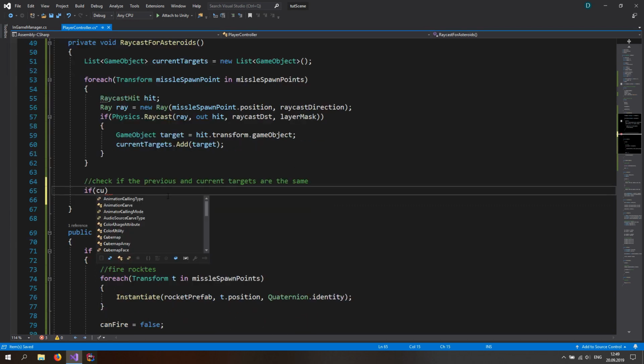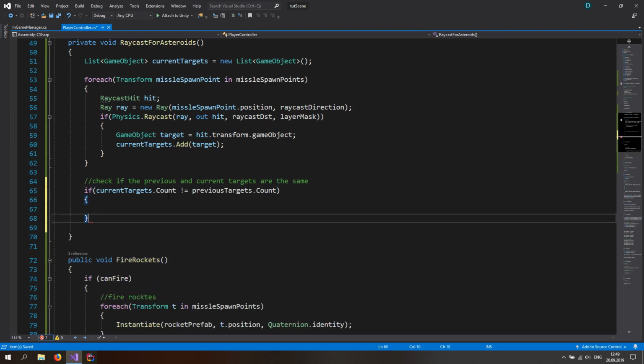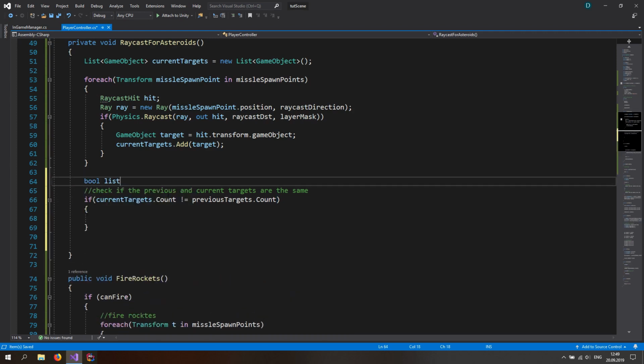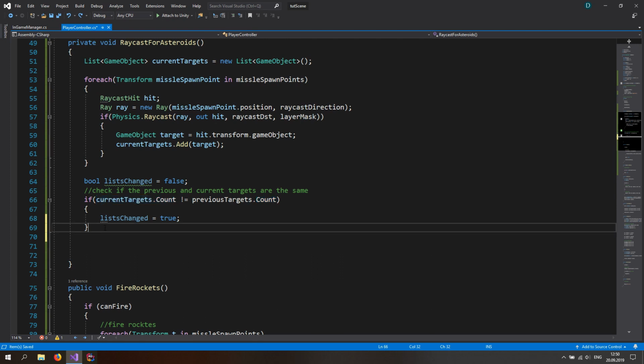So now if the current targets list.Count is not equal to the previous targets list.Count, then they are different, that's for sure. So let's make a bool. Let's say bool listChanged, and let's set that equal to false. If something changed, we want this to be true. This is one instance where the lists can be different, but we also can have a list with the same amount of objects in it, but just different